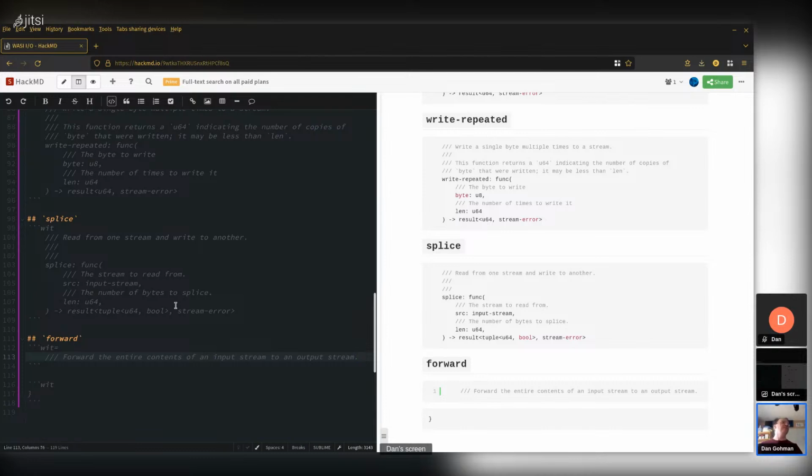Well, you wouldn't have to, though, because splice is not guaranteed to be atomic in terms of the underlying file read and write. And so if you give it U64 max, there's no reason why the implementation would have to do that entire thing as a single read. It wouldn't even have to try. So I'm kind of on the fence about this. I actually don't know if forward is a good idea. Is the common use case forward more than splice?